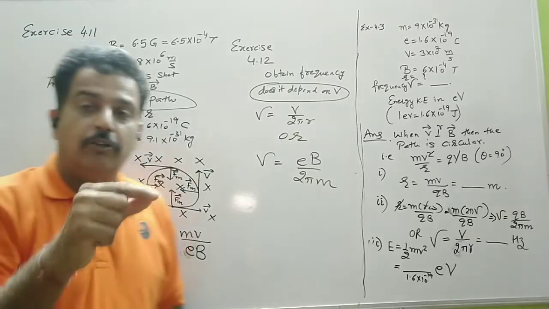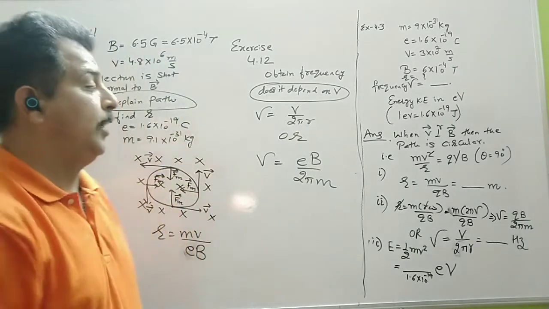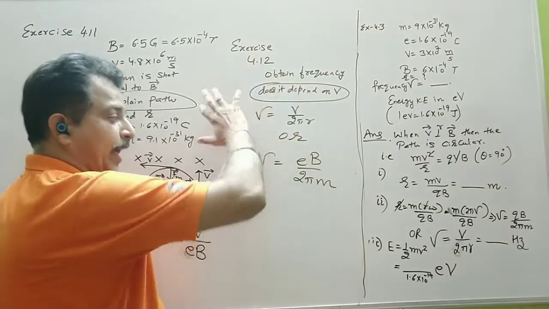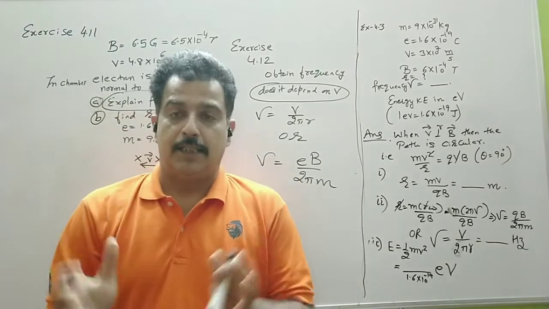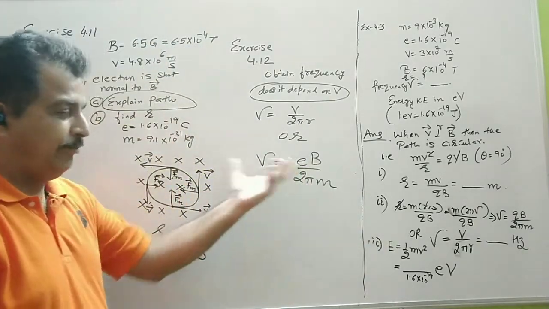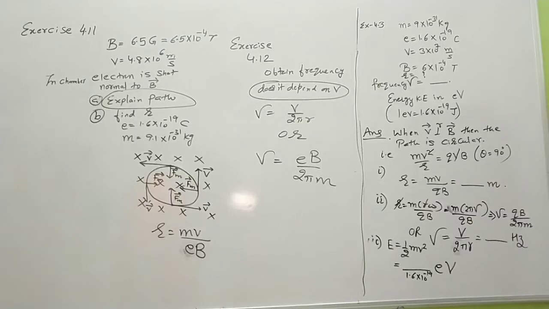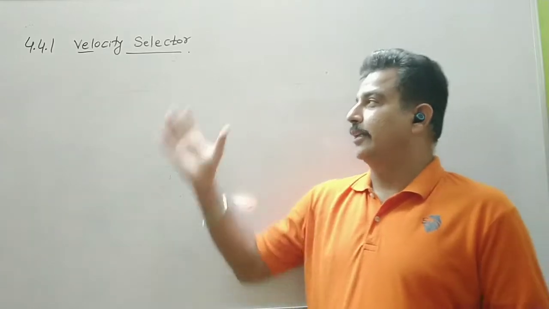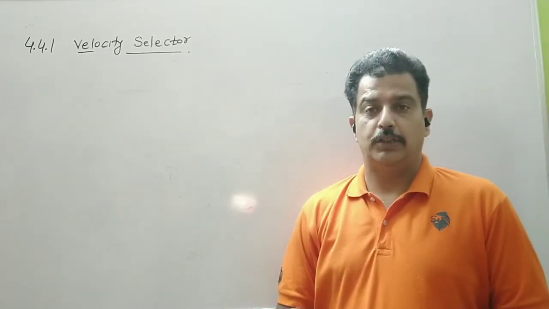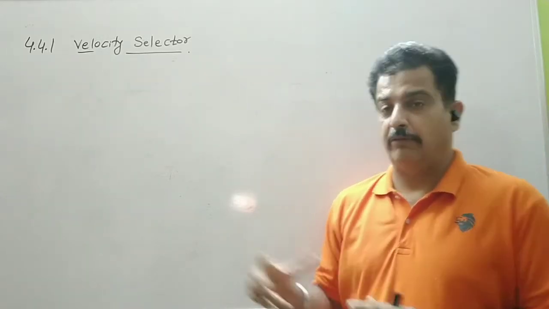Though we are using here the formula V upon 2 pi r, we have to remember R also has a relation with V and omega. That is V is equal to R omega. So R is V upon omega. So the V's get cancelled. So in any case, the frequency does not depend on the linear speed. Substitute this value and find out the frequency. So this is question number 11 and 12 from the exercise. Now let us come to the next topic, that is velocity selector. Now why it is named as velocity selector, that we will see in the end.